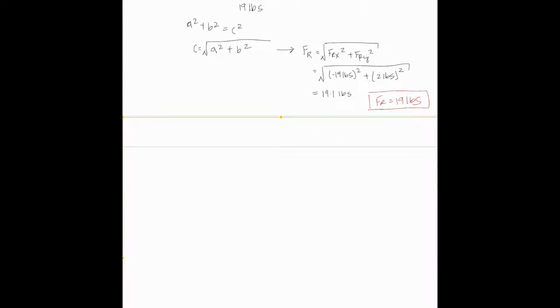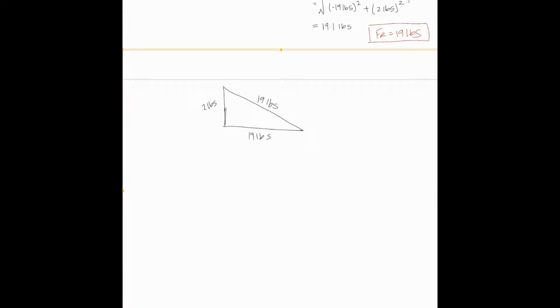If we draw this triangle of our resultant force again, that one's not as to scale. That's 2 pounds, that's 19 pounds, and now we know that this is also 19 pounds with a little extra decimals on there, but I don't need it to be too exact. All right, so one thing that they might ask for is this angle here, or they might want something like